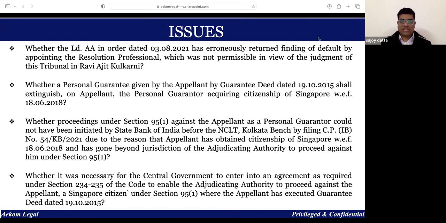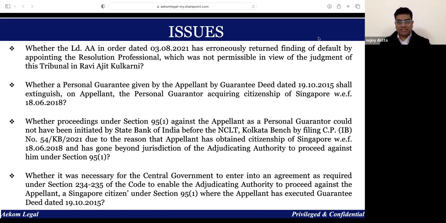In the judgment of Ravi Ajit Kulkarni, a previous judgment of the NCLT, a certain mechanism was devised that at the time that you are referring the matter to the resolution professional for him to form his report, at that time you can't enter into a finding about whether there's a default or not. So if the NCLT, while it is saying to the RP that, okay, Mr. Resolution Professional, this application has come, I want you to prepare a report on your recommendation of whether the matter ought to be admitted or rejected,